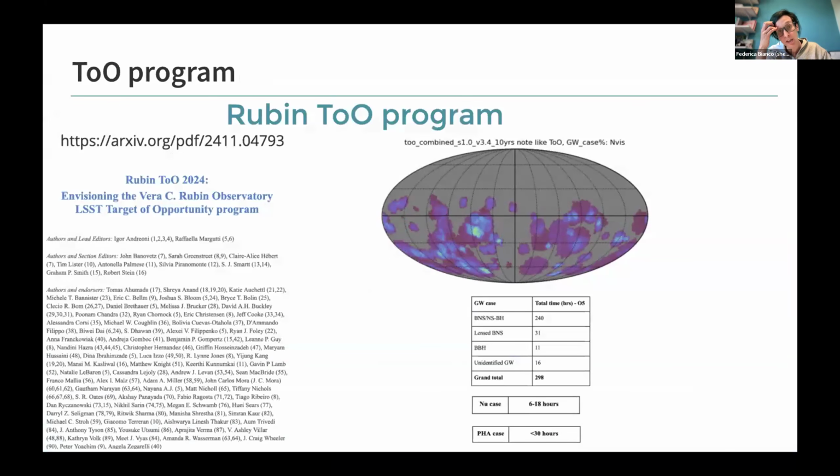And another key change is the introduction of the Rubin Target of Opportunity program, which is now active and has already delivered at least 3 circulars with observations responding to gravitational waves and solar system triggers. And this has been designed entirely by the community primarily during a workshop in 2024 at Berkeley that designed the observations. It's a highly automated process for responding to gravitational wave and neutrino and solar system triggers.